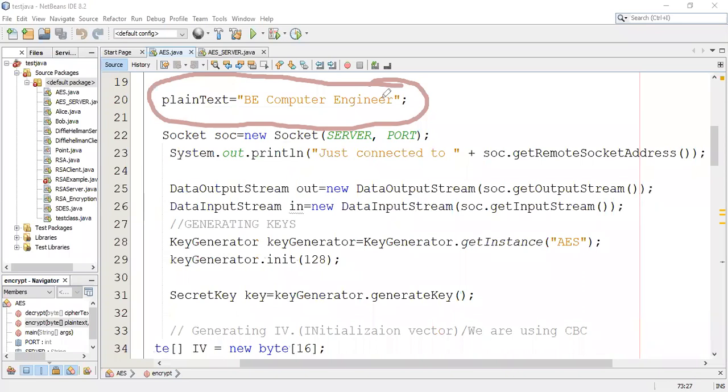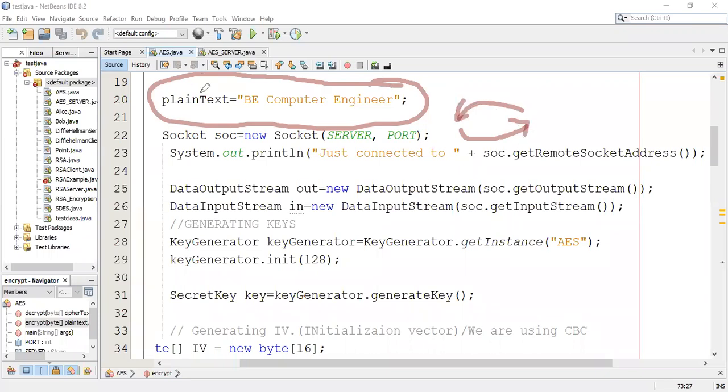I am going to convert it to the ciphertext, and that ciphertext is sent to the server, and the server again decrypts it and replies with the plain text to the client. So this AES is considered on the client, that is the sender, and the server is the receiver. Once it receives, it again converts to the plain text and sends back to you. So this is a complete program, a complete transaction, the sender side and then the receiver side.